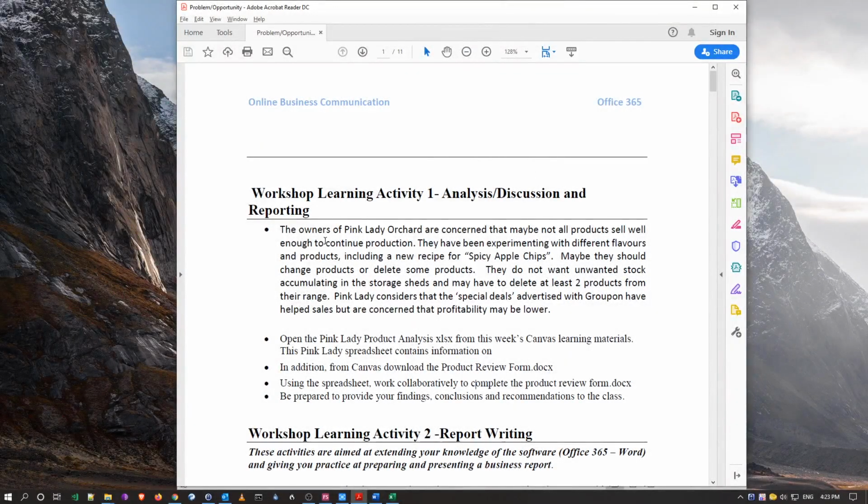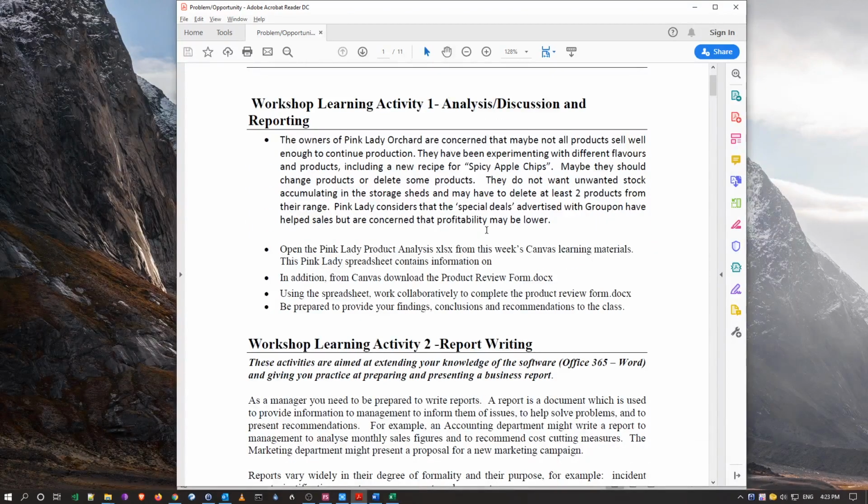All right, so here we are with our PDF open. This PDF contains all the activity exercises for this module. There are basically two or three in this one. I'm not quite sure, but the order they're asking us to follow is to open up the Excel spreadsheet, which is provided to you, which you should have downloaded already, and a product review form which associates to the spreadsheet. So to do some analysis, which is over here,